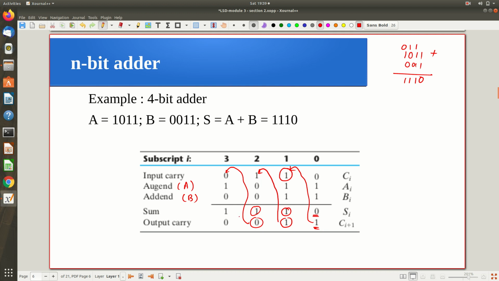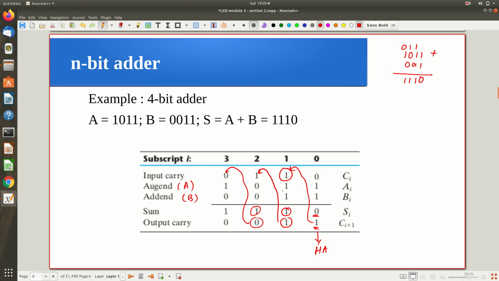Now you can see something very interesting. For the least significant bit, do you really need a full adder? For the least significant bit, I am adding only 2 bits because there is no carry, when I am looking at it as a 4 bit adder alone. But sometimes we will implement an 8 bit adder using 4 bit adders, and that time some carry may come into this position from the lower position. But by default, if it is the starting point, the least significant bit of the actual number, definitely I can implement it using a half adder. So for this addition, it's enough to have a half adder circuit.